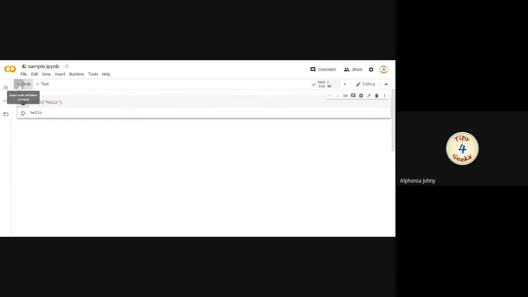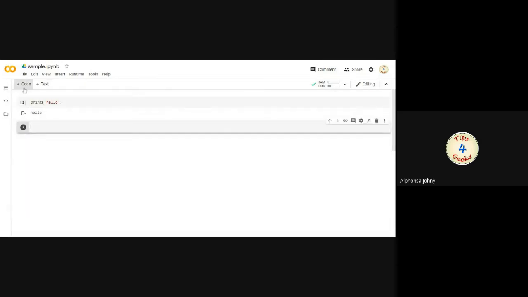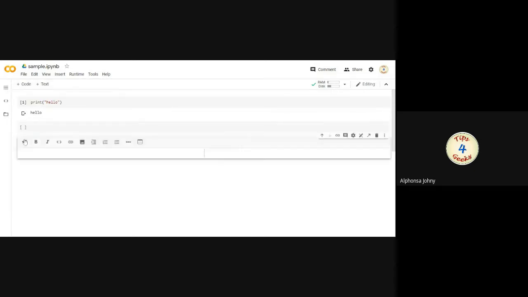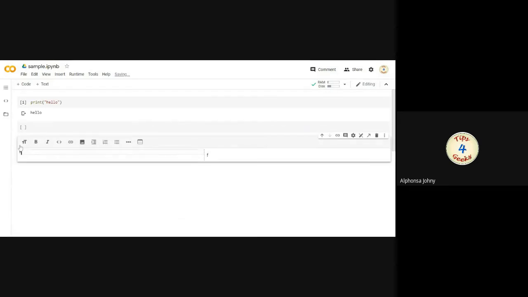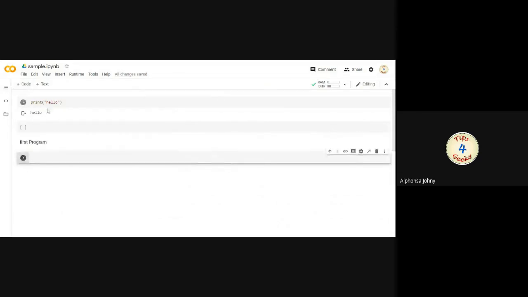Suppose we want to add more code. Here we can click plus code and you can write the code. This is the portion where you can write text, for example, my first program. Everything written after this text message will come under the category of first program.